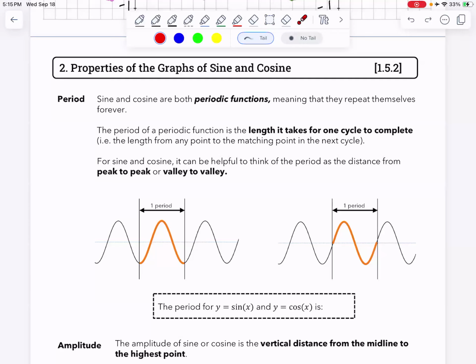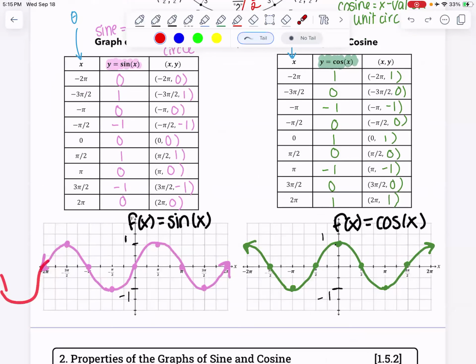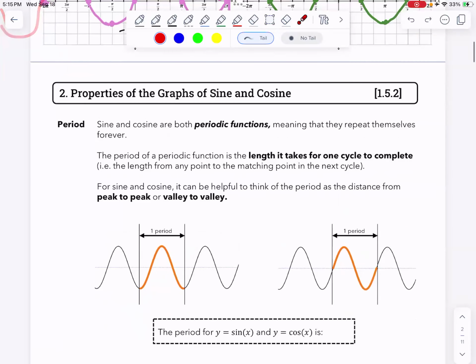So you may have noticed in the previous video that sine and cosine make this little wavy motion, and we could have kept going forever. It makes this wavy motion forever in either direction, and it repeats itself. And if a function repeats itself, we call it a periodic function. So they repeat themselves forever. Periodic functions have what's known as a period, and that's the amount of time it takes for the cycle to complete. So from here to here,